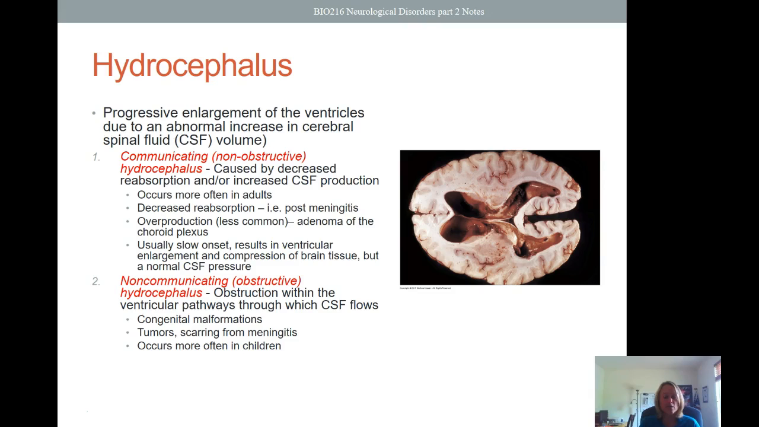This type is usually slow of onset and results in ventricular enlargement and compression of brain tissue, but a normal cerebral spinal fluid pressure. Number 2, non-communicating or obstructive hydrocephalus occurs when there is some obstruction within the ventricular pathway through which the cerebral spinal fluid circulates. This could be due to congenital malformations, tumors, or scarring left over from meningitis, and this form occurs more often